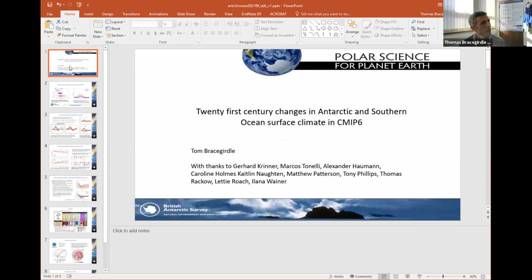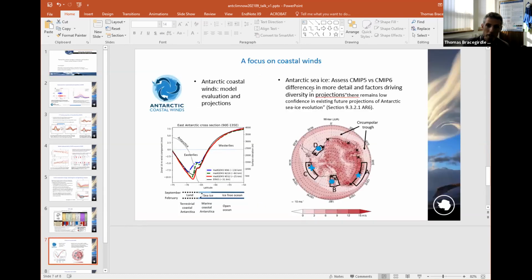I think we might be getting a bit closer. So one of the things I didn't really mention, but another project we're looking at is Antarctic sea ice. So postdoc Caroline Holmes, who's been working with us for a little while now, she's been comparing CMIP5 and CMIP6